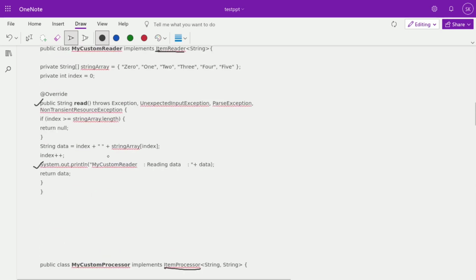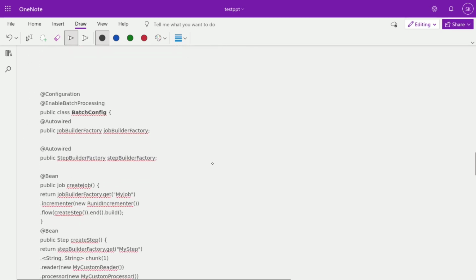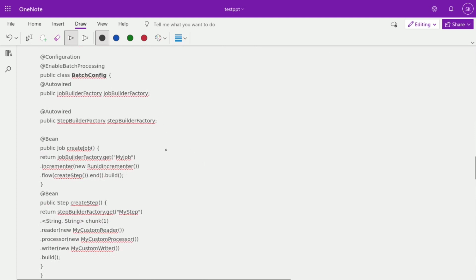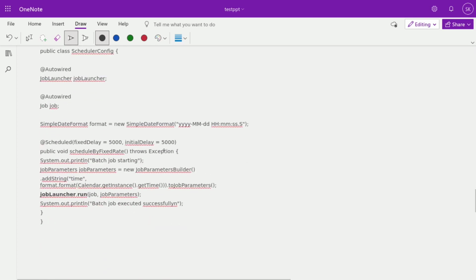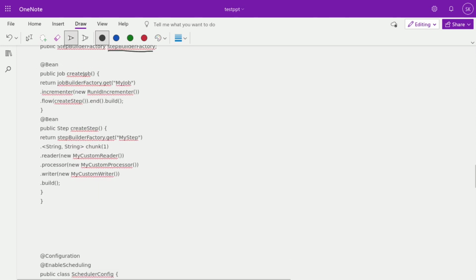So our steps 1, 2, 3 are created, and we need to aggregate those steps. For that we need a batch configuration class. Here, as we said, all the parameters should be combined. In the batch configuration, we first mention that this is a configuration class, so Spring, please consider this as a configuration class. EnableBatchProcessing marks it as a batch processing class. JobBuilderFactory and StepBuilderFactory are required, because by combining these steps, a job is created. So here we first created a job with the name myJob.